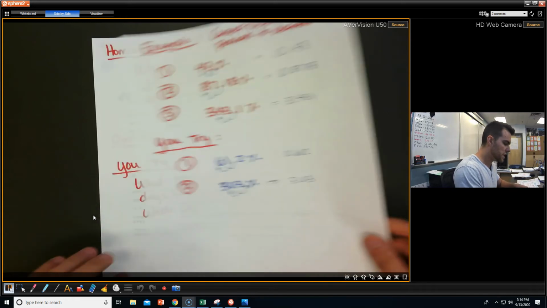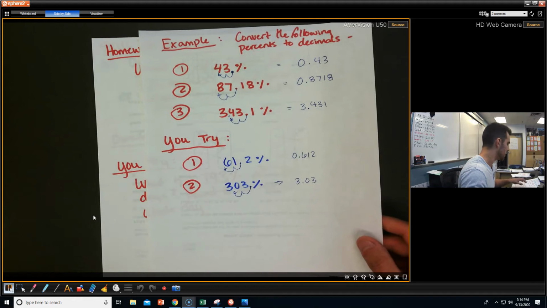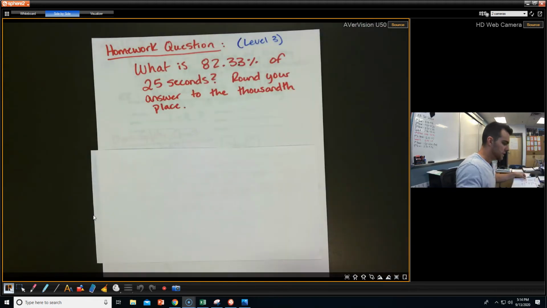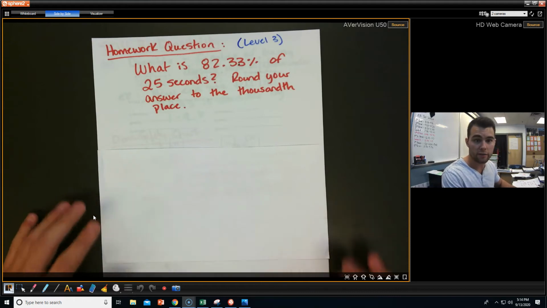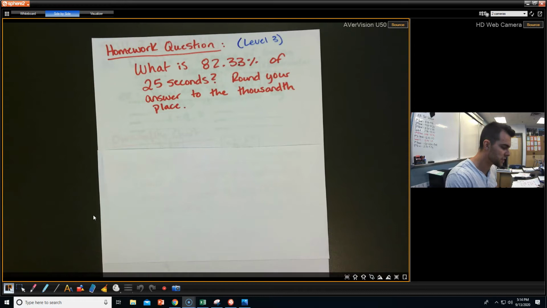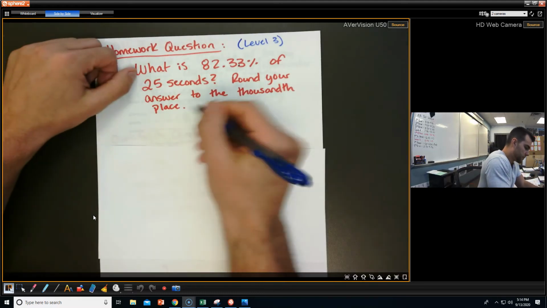So now, let's see it in the context of an actual homework problem, something you might encounter on your homework, okay? This is a homework question that you'd see on level 3. What is 82.33% of 25 seconds, and good old-fashioned rounding comes back. Round your answer to the thousandths place. So I'm going to show an example, and then I'm going to let you try one. Okay? So again, what is